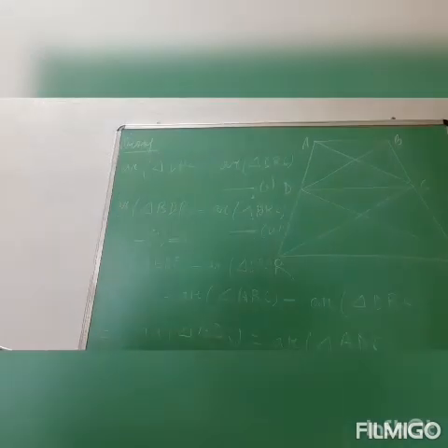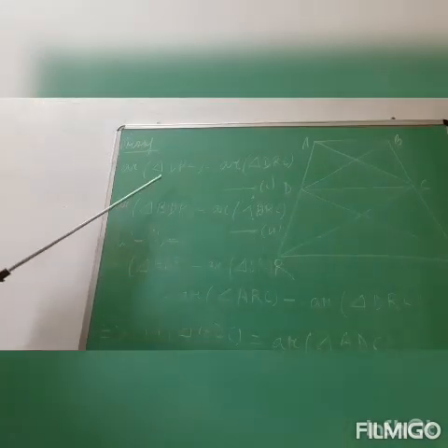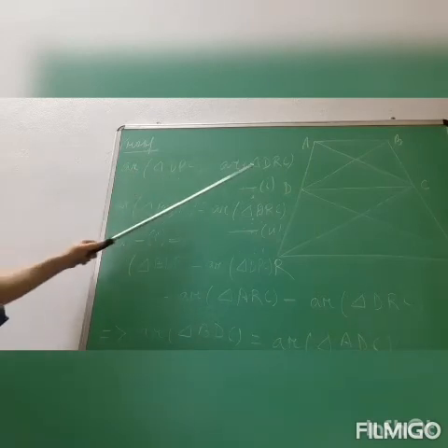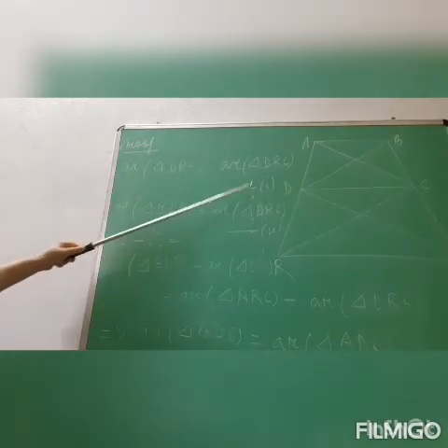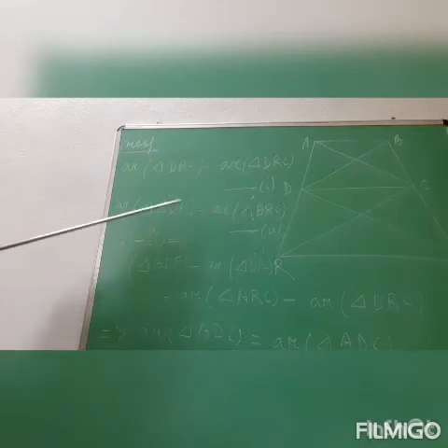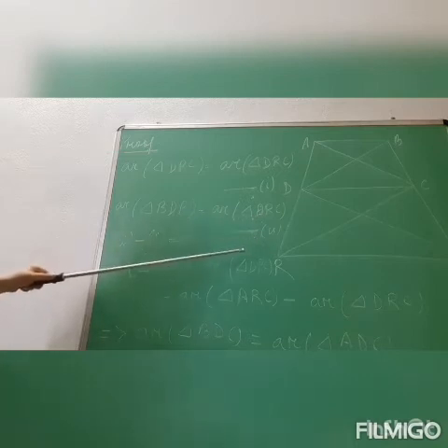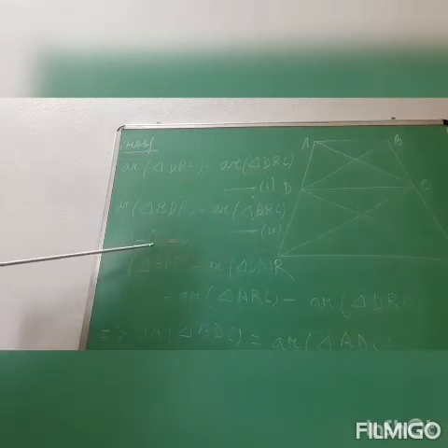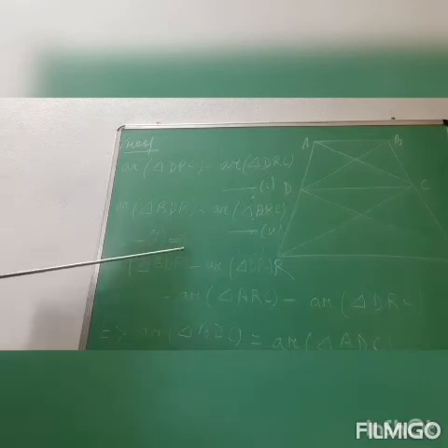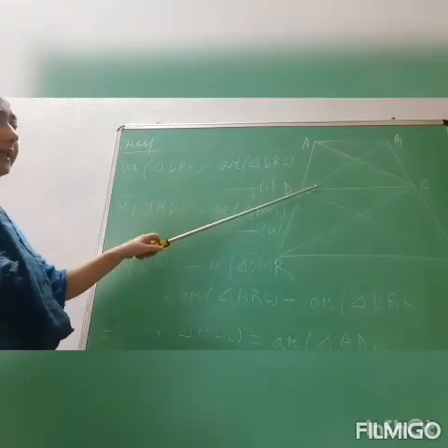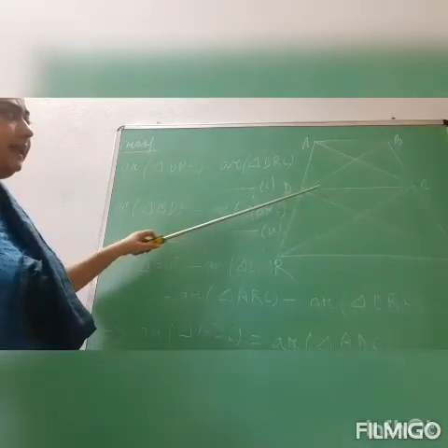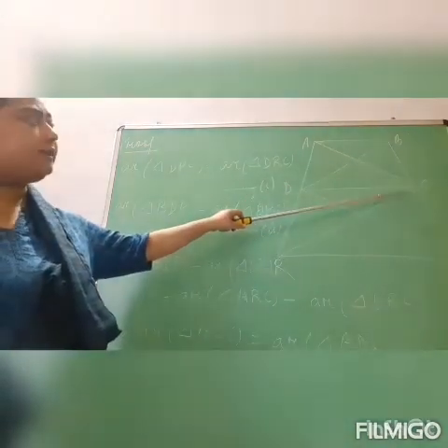Okay. Now moving on to the proof part, area of DPC is equal to area of DRC. This is given to us. Keep this as equation number 1. Again, it is also given that the area of triangle BDP is equal to the area of triangle ARC. Keep this as equation number 2. Now if I subtract 2 and 1, 2 minus 1, then what will I get? BDP minus DPC. See here, BDP minus DPC.